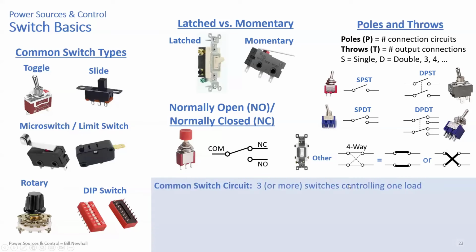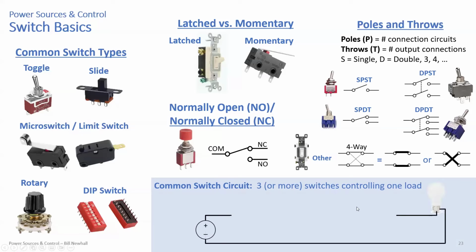And I'm commonly asked, actually, when I talk about switches, so I put this in here, about this configuration. What happens if you want three or more switches to control a single load, like you have 3 light switches or 4 light switches in your house that connect to one light bulb outside maybe? And so how does that work? That works like this. So you have the power source, your AC power supply, AC power in your house,